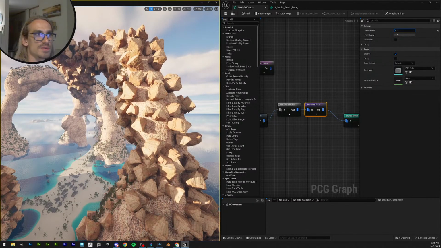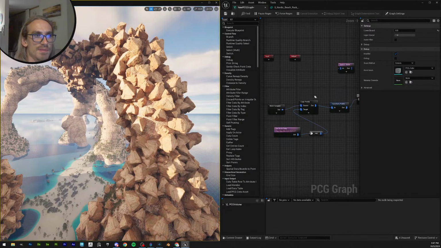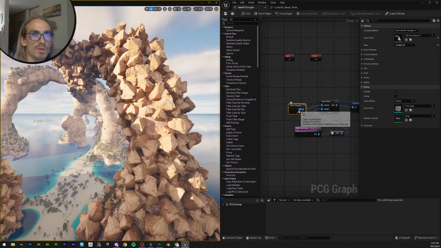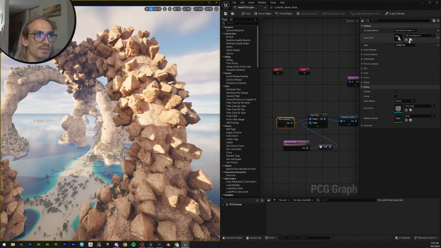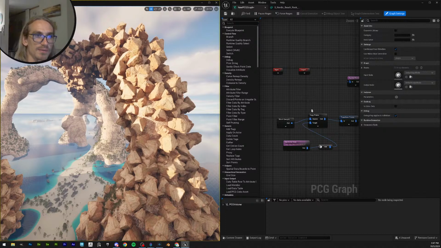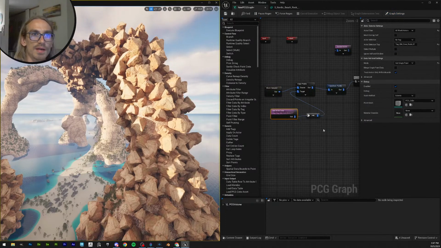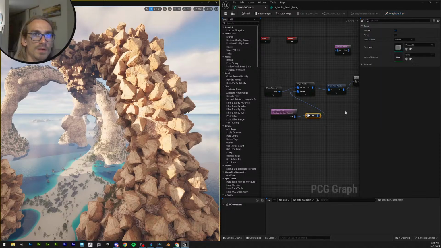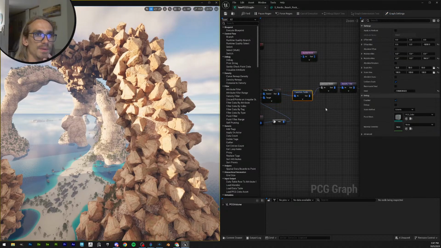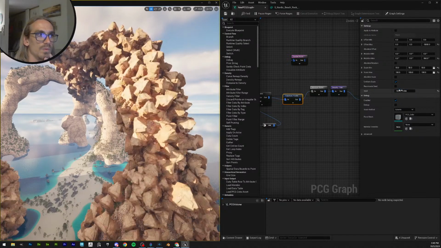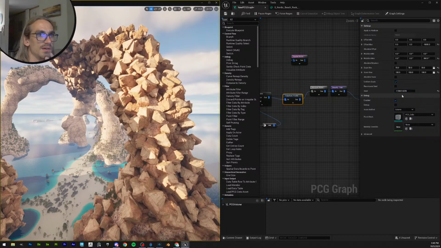And I know that there's something else that controls the amount of points. 1 point per triangle, 1 point per vertex. Okay, and then Poisson. Interesting. Sampling. Don't know what that is. Point per triangle. I like per triangle. So is there a way to get more points? We can change the seed to get